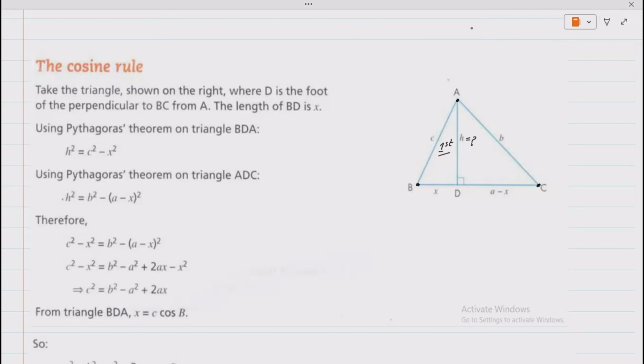Firstly, we use this triangle. Let's call it first. Secondly, we can also find it using this triangle, call it second, right? Okay, so suppose we are first finding our h by using the first